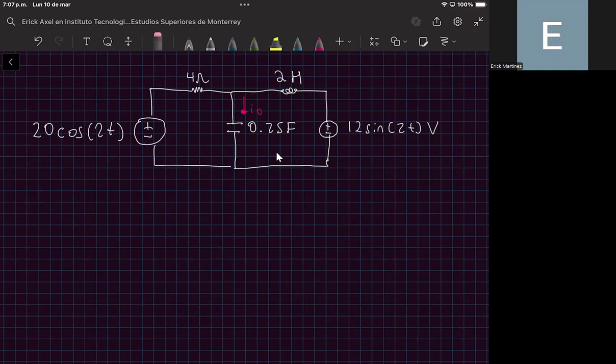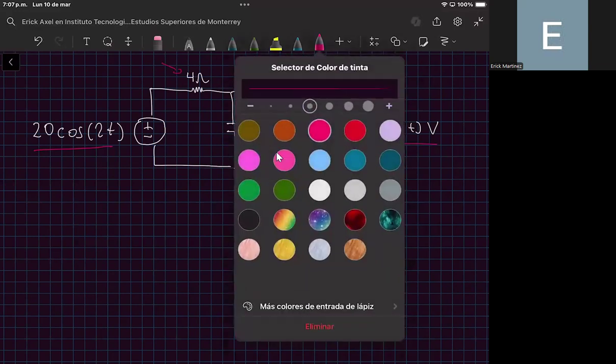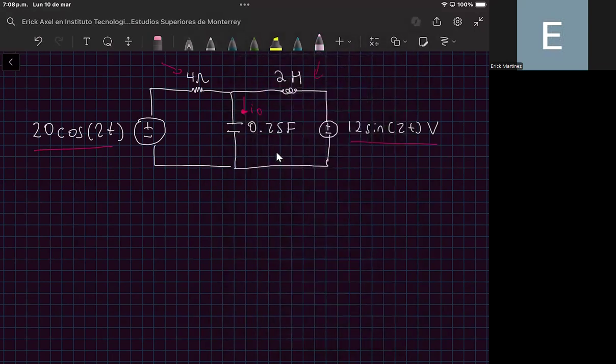Now we have here a voltage source. And also we have another voltage source right here. We have a capacitor of 0.25 farads. We have an inductor of 2 henries, and we have a resistor of 4 ohms. Okay? So remember that the first step for solving AC circuits is to first convert all of the components into